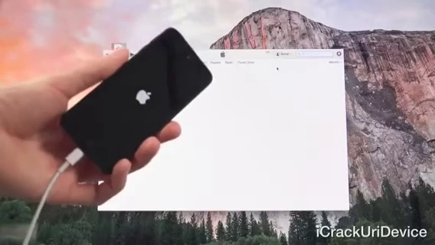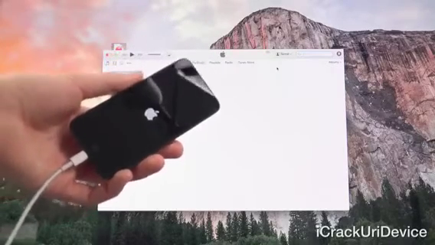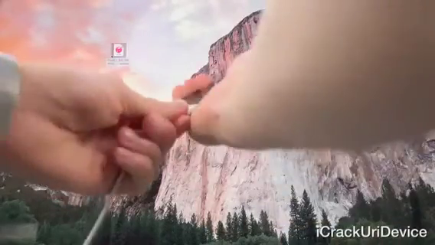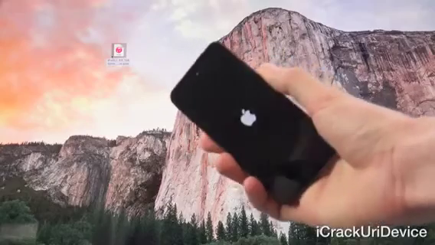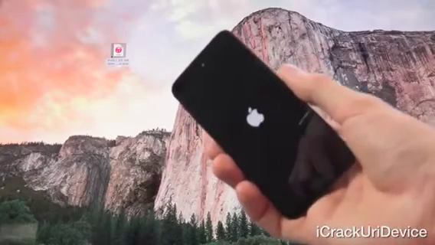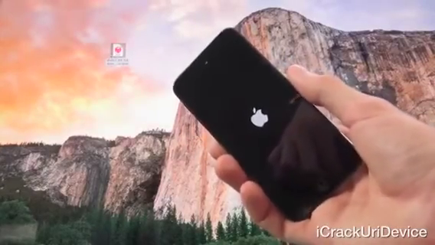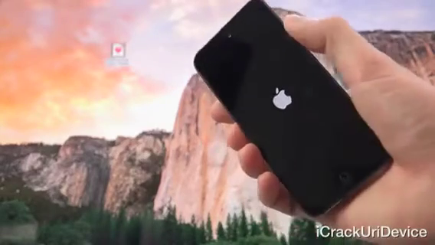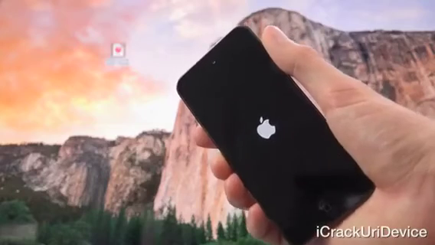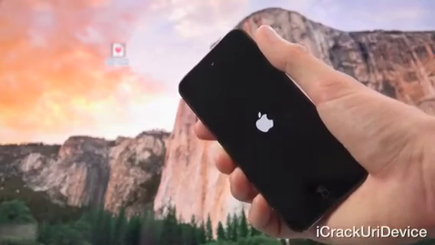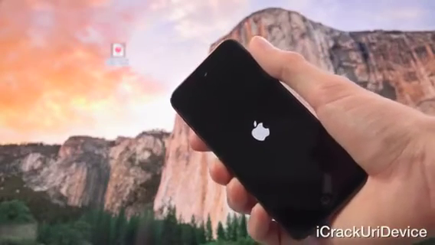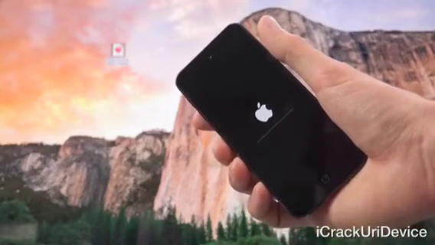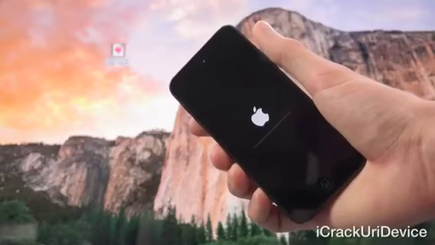So now the iPod Touch is restarting here, and I'm actually just going to minimize iTunes and unplug the iPod Touch, and then from here, everything will take place on the device itself, and once it's finished, it will just consolidate some files there after the reboot, and we will be good to go. It just has to do the on-device update process, and then we're going to have to do the on-screen setup on the device itself, so that way it can fully update and bring us to the iOS